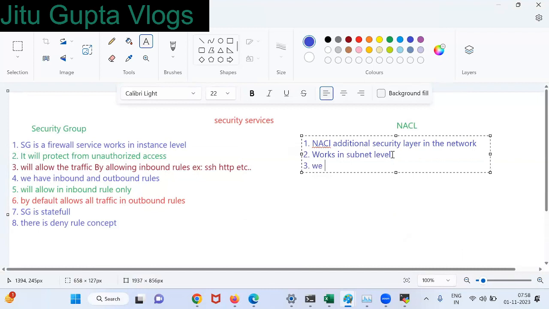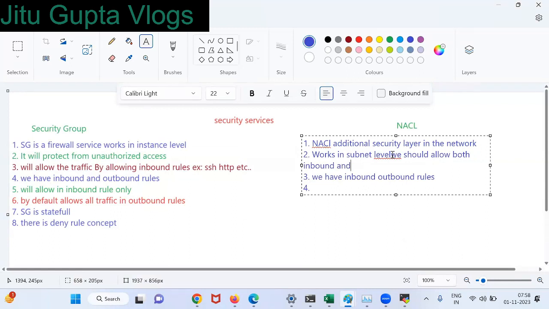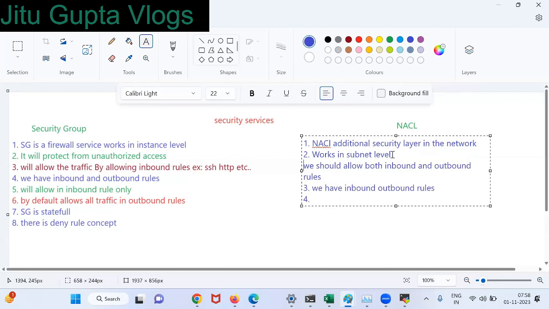Here also we have inbound, outbound rules. But here we should allow both inbound and outbound rules. Clear?